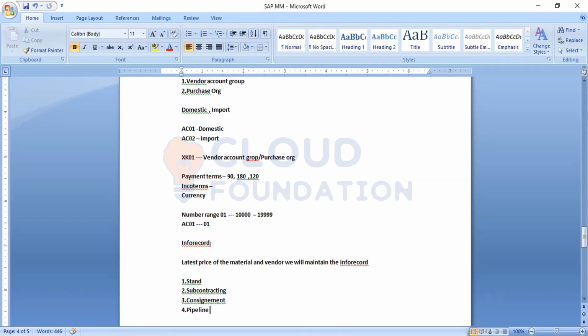Okay, then I will pay for whatever quantity of the bottle I consumed. So that process we'll call a consignment process. So generally, in consignment, what happens? That guy will maintain